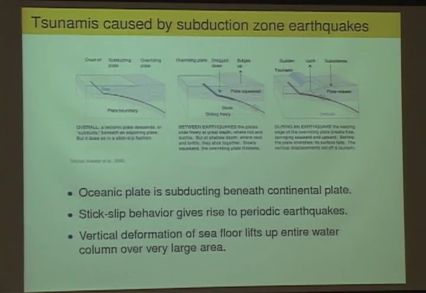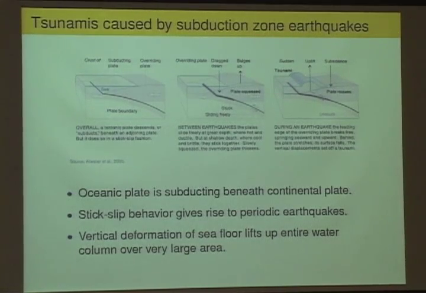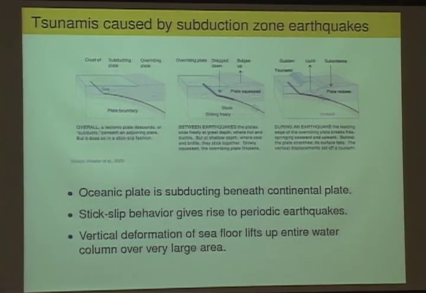So let me say a little bit more about subduction zone earthquakes, which are the big ones that we look at mostly. Subduction zones are where an oceanic plate is subducting beneath a continental plate. And this is happening all around the Pacific in particular, which is why we have the large subduction zone earthquakes that often happen around the Pacific, and also why there's a ring of volcanoes around this ring of fire. What happens is that these plates are slowly, continuously moving, but they're sticking at the interface. And so the continental plate on top gets bent as it's deformed by the oceanic plate sliding beneath it.